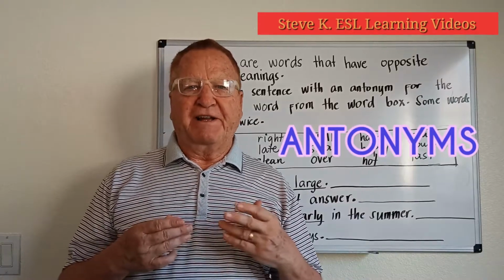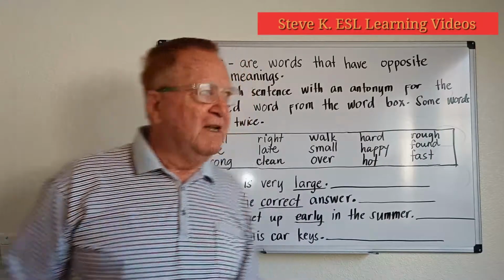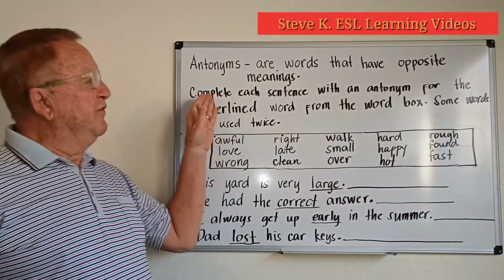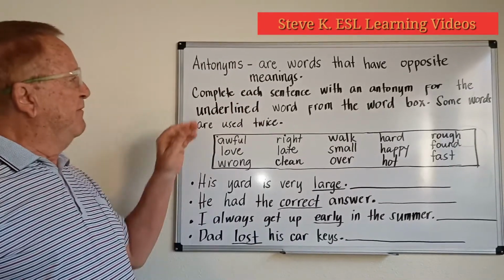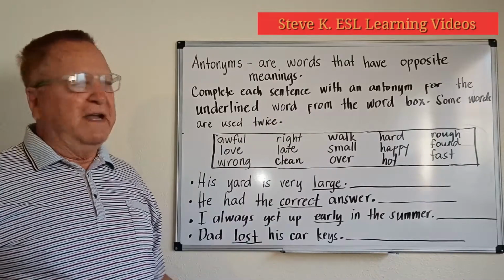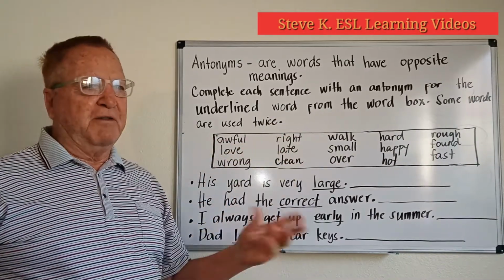Okay? So we're going to get into it now with a lesson on antonyms. And you'll see there's a word box here. We're going to complete each sentence with an antonym for the underlying word from the word box. And there's 15 words in here, so a few of them will be used, about 3 of them will be